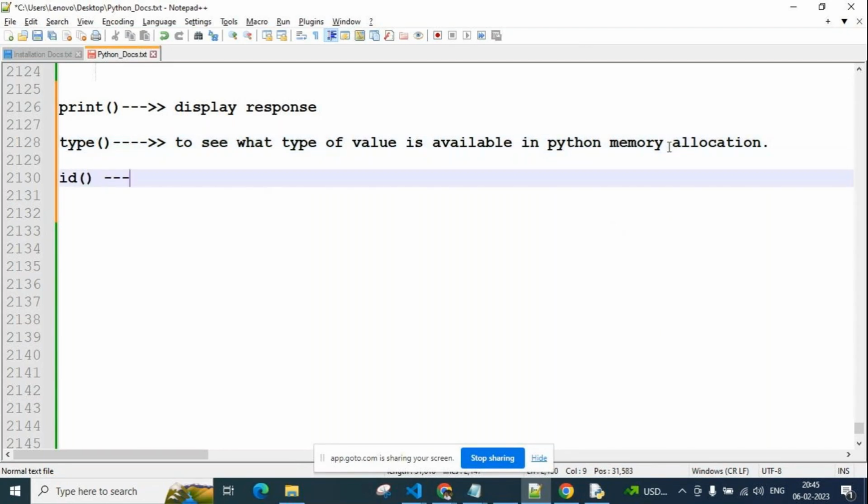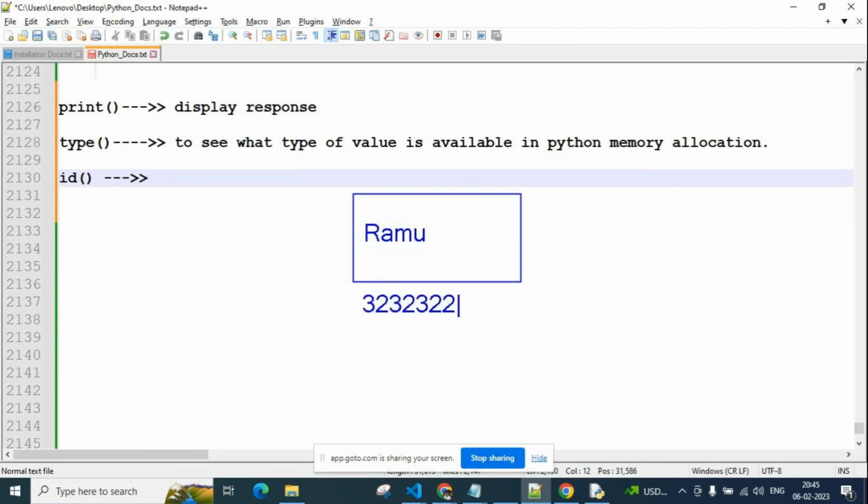Now, for every memory allocation, guys, this is one memory. Here some value is there, for example an integer value. For every memory, one integer value is created, and every memory is held by one reference, for example a name. This reference name we call a variable. Using this variable, we can print what value is in this memory.